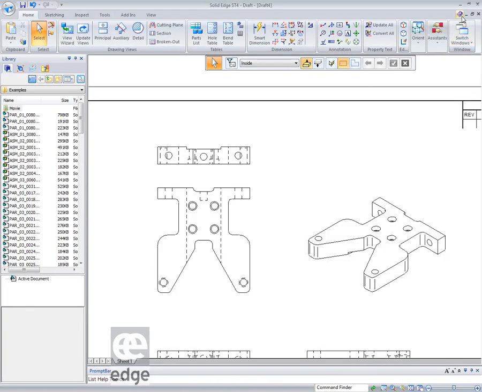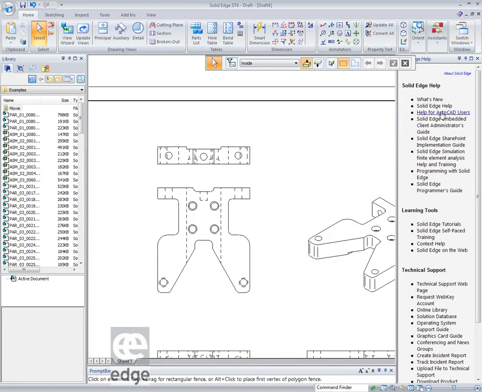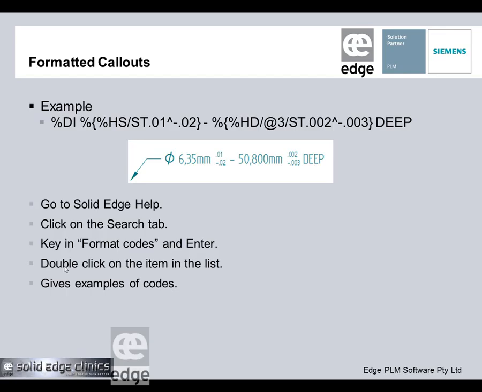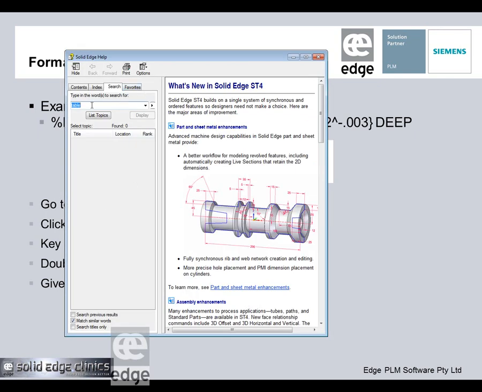So go to Help. And the help comes up off screen, of course. Let me put it back on screen. And what was the thing that we wanted to search for? There we go. It's format codes. Thank you. So we type in format codes, list of topics,